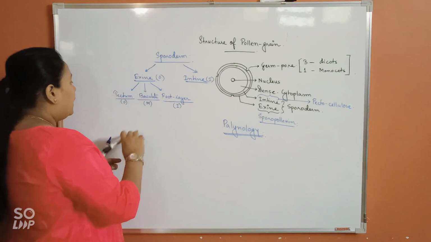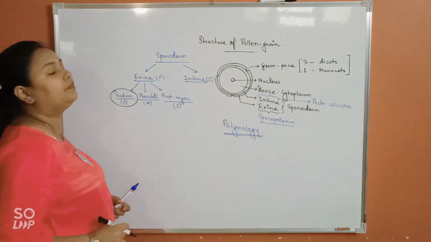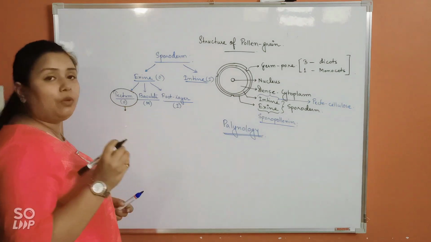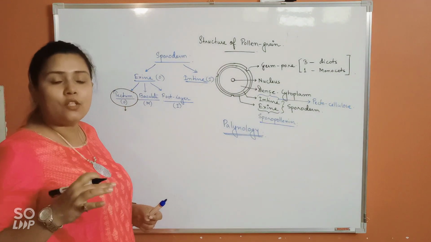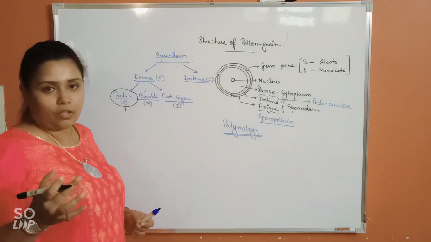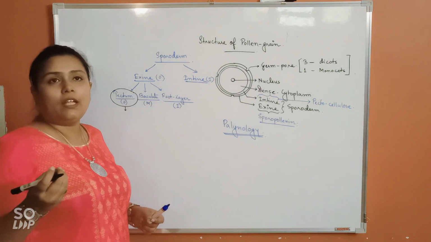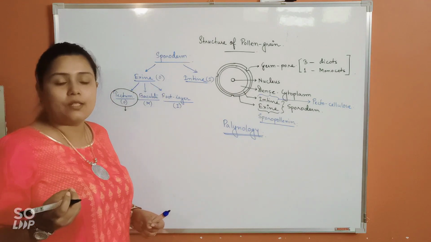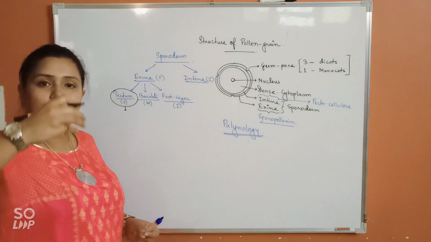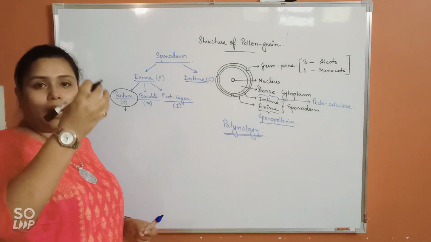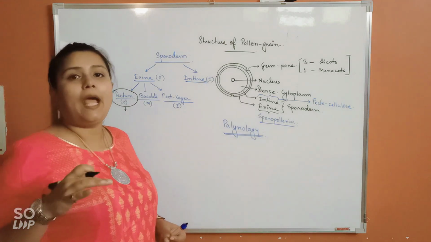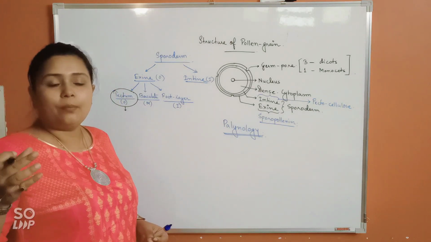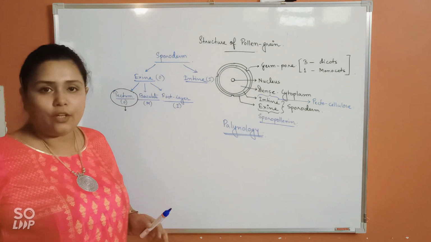Now, it is the tectum which is of most importance. Why? Tectum provides certain kinds of sculpturings or designs on the surface of the pollen grain. Like, if you see certain pollen grains borne by insects in entomophilous flowers, you will find that those pollen grains have spine-like designs on their surface. Likewise, the pollen grains of anemophilous flowers will not have spines, but they will have some kind of pattern or design on their surface.